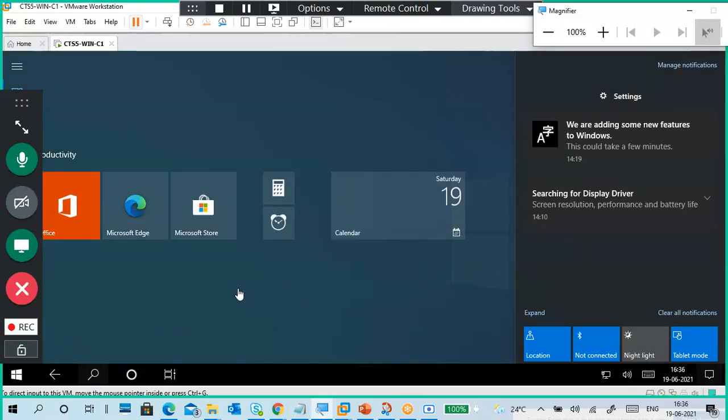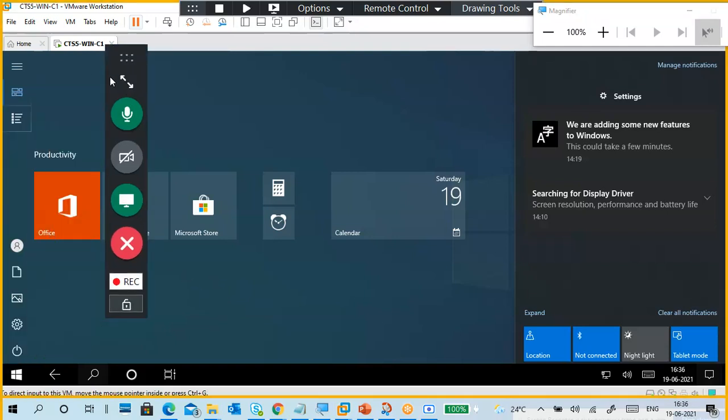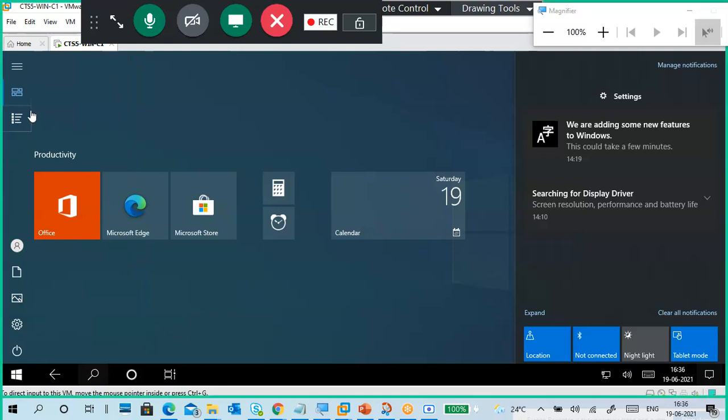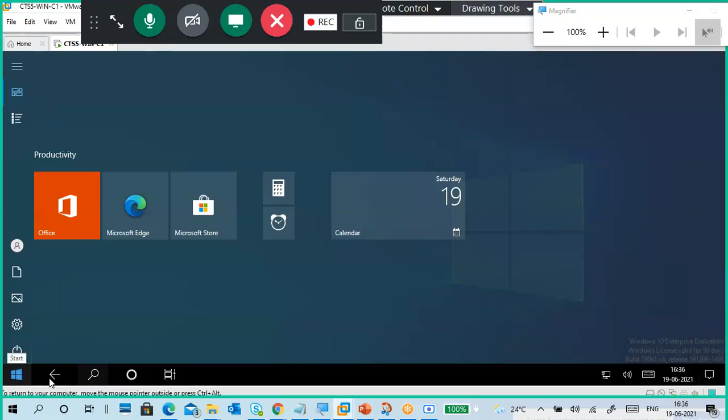Applications and everything, like if you have more applications, then you can use your scroll bar. On this side you can see power and so on. Cortana and other things are also showing here. So this is tablet mode. In our PC we don't have many applications in Windows 10, so we can't see the scrolling. If you want to see, you can see it in my Windows 10.